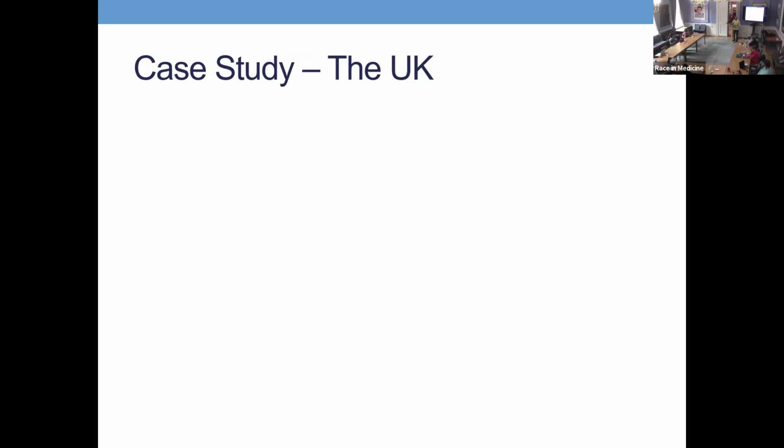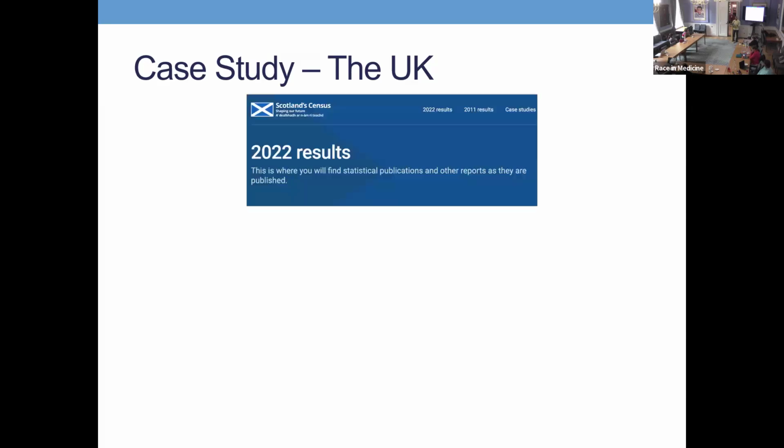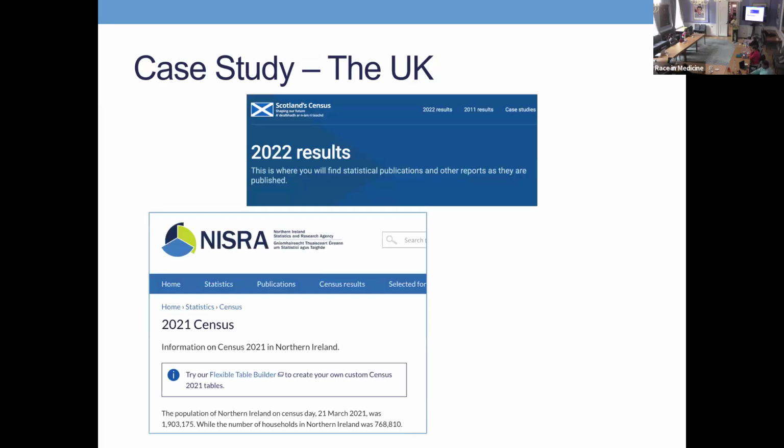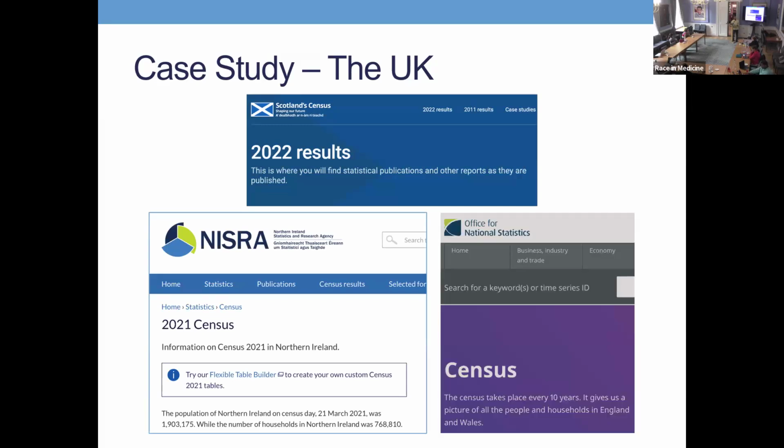But there are three ways in which census documents or census instruments are deployed. One is the Scottish Census. The other one is Northern Ireland Statistics and Research Agency, and the Office of National Statistics deploys it for England and Wales. Okay. So in the UK,